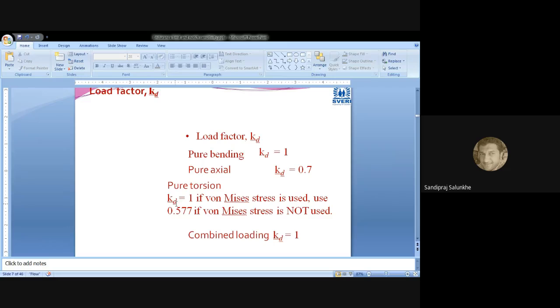Okay, these factors will be mentioned in the actual problem, but when we are going to solve a problem in the field, at that time you can refer to the design data book and you can take this load factor also. All these factor values are mentioned in the design data book, and we can choose these values from the respective book. Okay, so next is